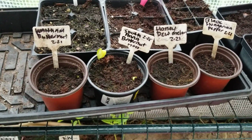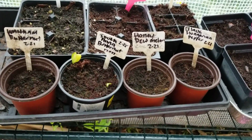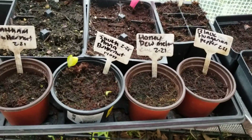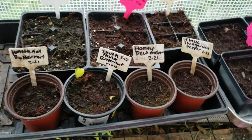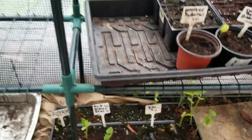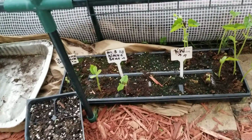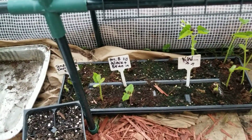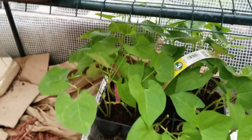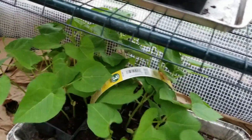I have another one in the house that we haven't cooked yet that I'm going to save all those seeds from because it did extremely well. Honeydew melon, and then a black Hungarian pepper from Baker Creek. And I just got a few more beans out here. Got some Kentucky Wonders, some black beans from my neighbor's saved seeds, and some tender green bush. And then down here I have my Trail of Tears pole beans and some more of the Greasy Grits beans